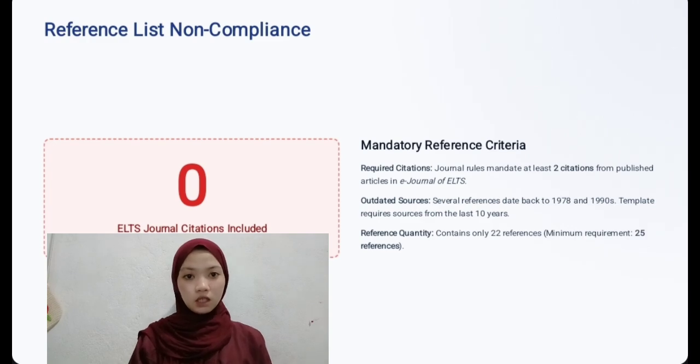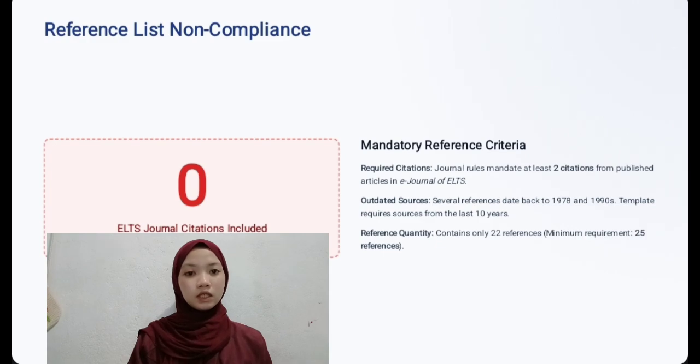Most citations are severely outdated, dating back to 1978 and 1909, breaching the requirement for sources published within the last 10 years.